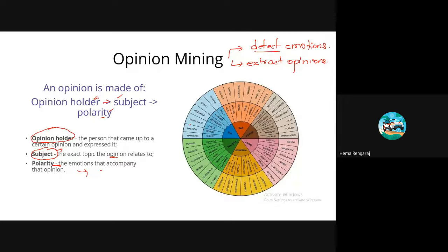So what we are going to do is narrow it down into a classification based only on three main sentimental labels: positive, negative, and neutral. We can make the sentimental classification based on these three things, because most of the algorithms we use are based on these three emotions only. We can't come up with all the 36 emotions.